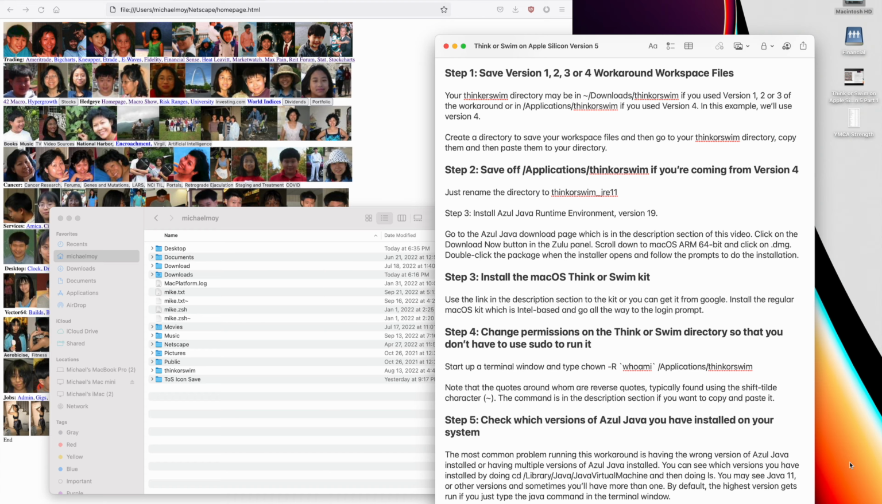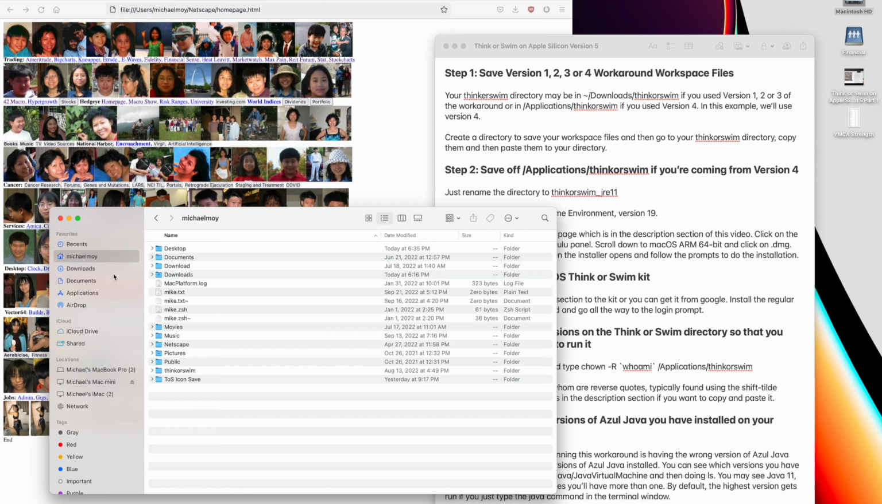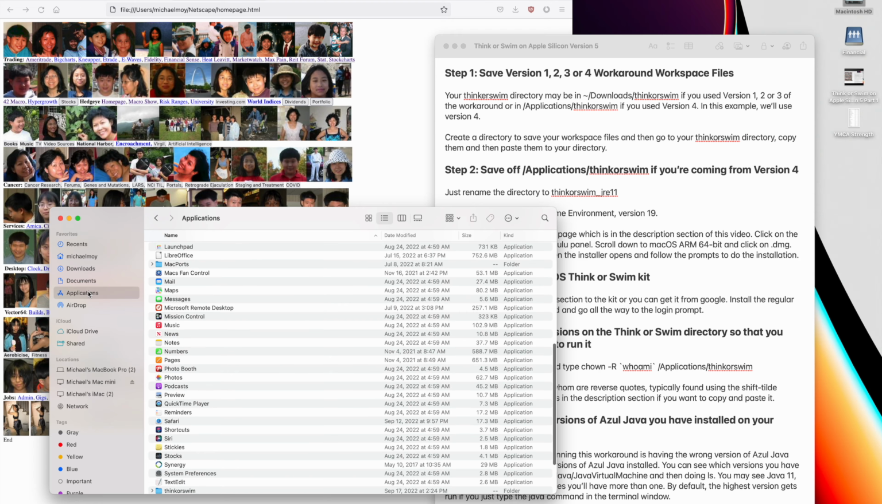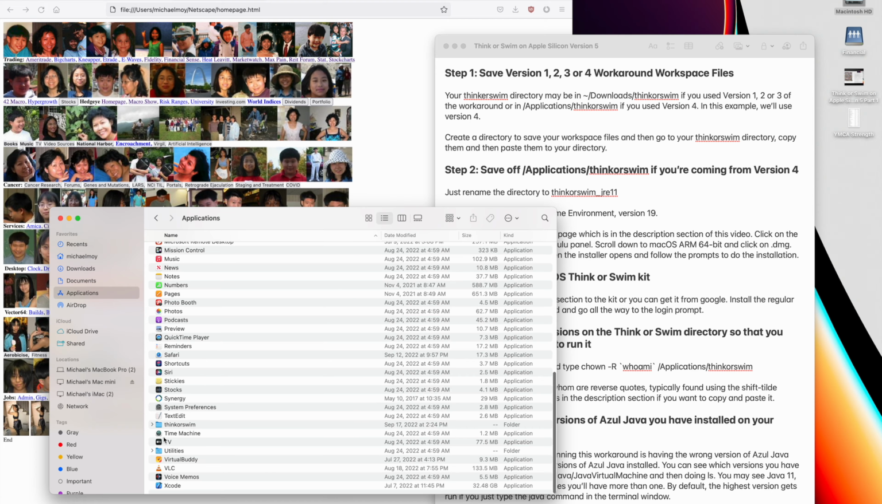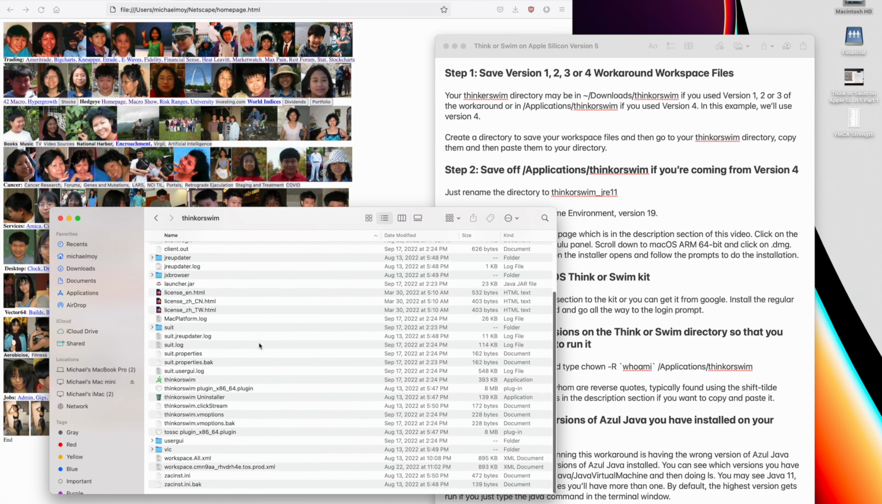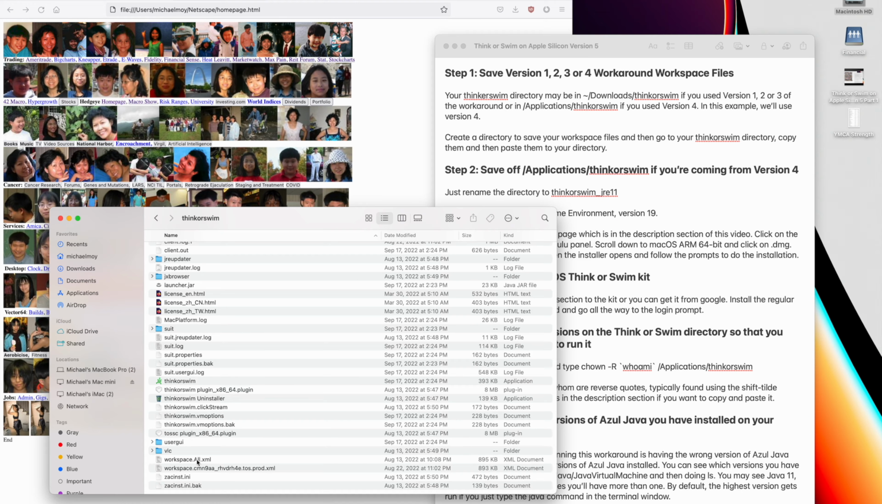Step 1 is for people that have used an earlier version of the workaround, and is to save the workspace files. This is so that all of your settings and layouts are reused, and so you don't have to set them up again. In version 4, Thinkorswim is an application, so we go to Applications, then the Thinkorswim directory, and then we can see our workspace files. So we can select those